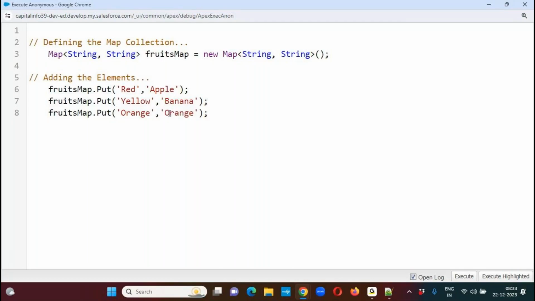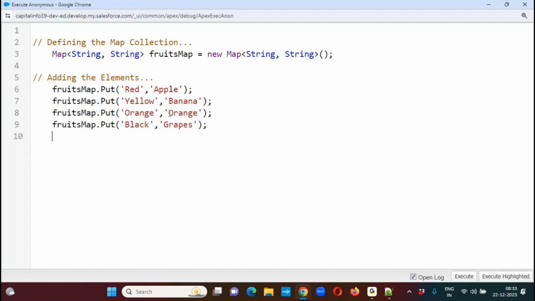So the name also same and the color also same. fruitsMap dot put black, grapes. fruitsMap dot put